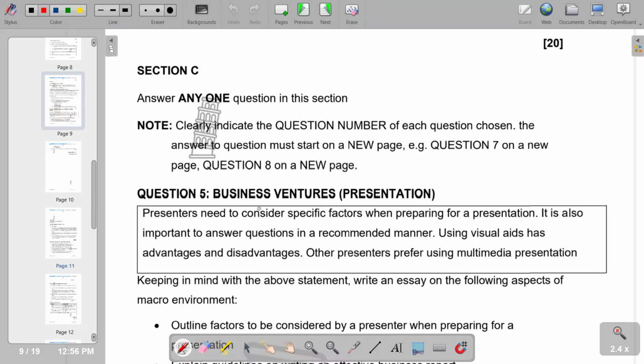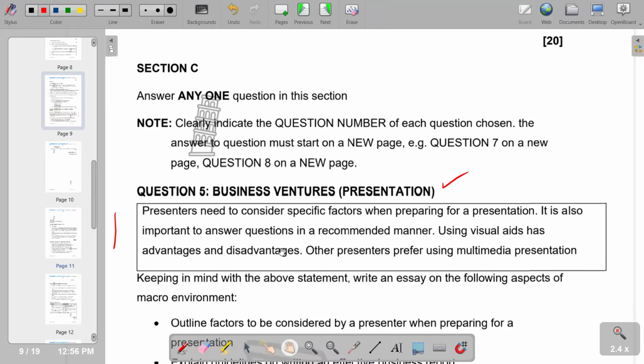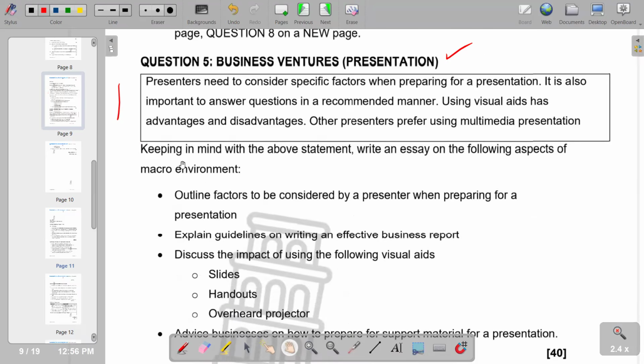So our question 5 is an essay on business ventures, that is presentation. And we've got information that we are given that you need to read before attempting to answer the question. So on the question part, it is keeping in mind with the above statement, write an essay on the following